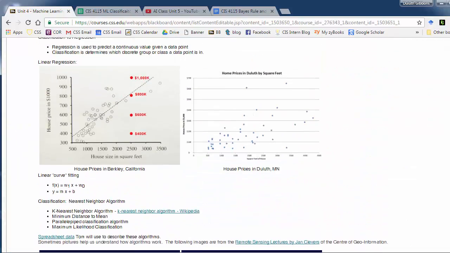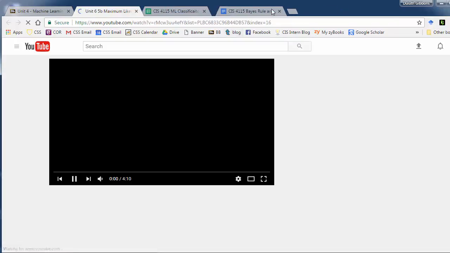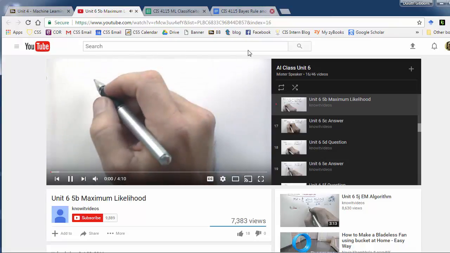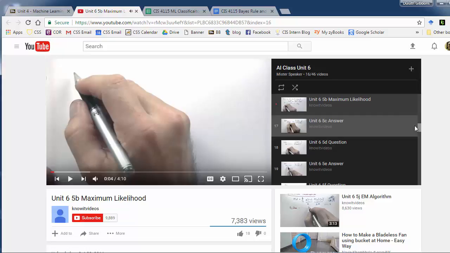And so let's jump back into some unsupervised learning real quick. So this is Unit 6 in Stanford. Now I want to take a second to convince ourselves this is indeed the maximum. Oops, let's go back here. So in Unit 6,